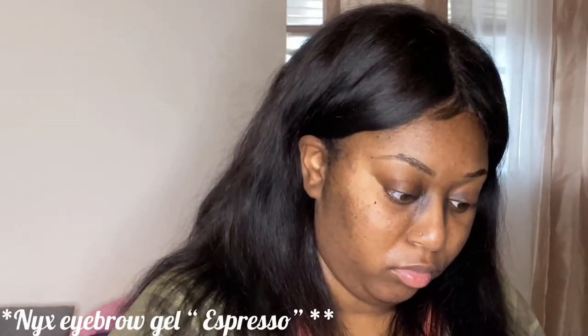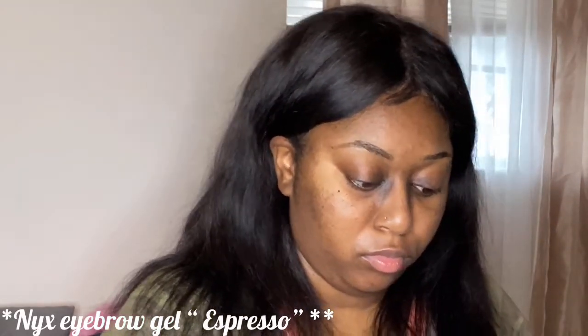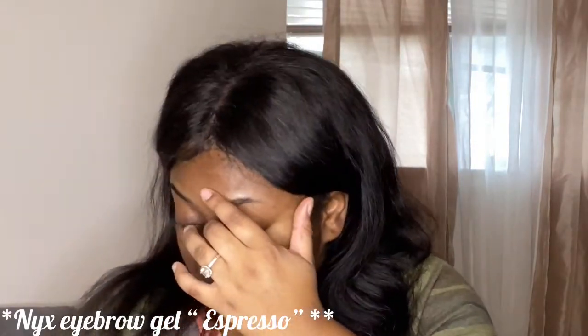So I'm gonna go in with my NYX eyebrow gel in the shade Espresso. You can get this from your local beauty supply store for maybe like $6.99, or you can get it from Target as well. So yeah, this is my go-to, one of my go-tos besides my regular eyebrow pencils from the beauty supply store. But yeah, so now I'm just going to take the angled brush and just work that product